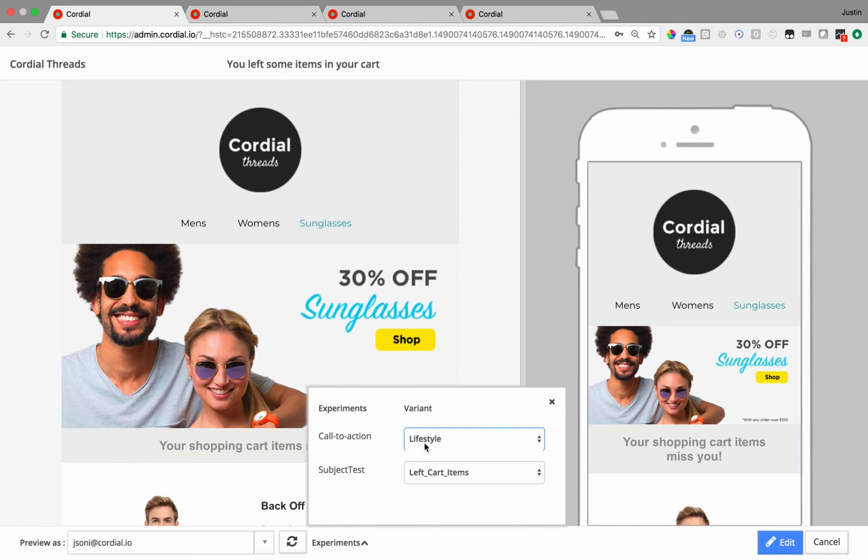So what I'm doing is running multiple versions of my call to action and multiple versions of my subject lines. So what you'll notice here, before I even show you how this looks and some of the results we have so far, is that I'm using only two subject lines and I'm using three different call to actions. So three different views of this particular offer,